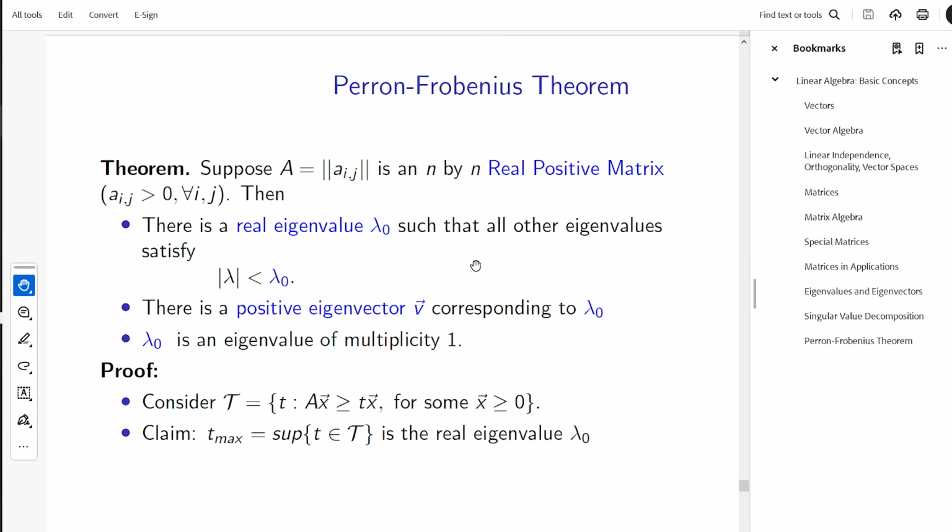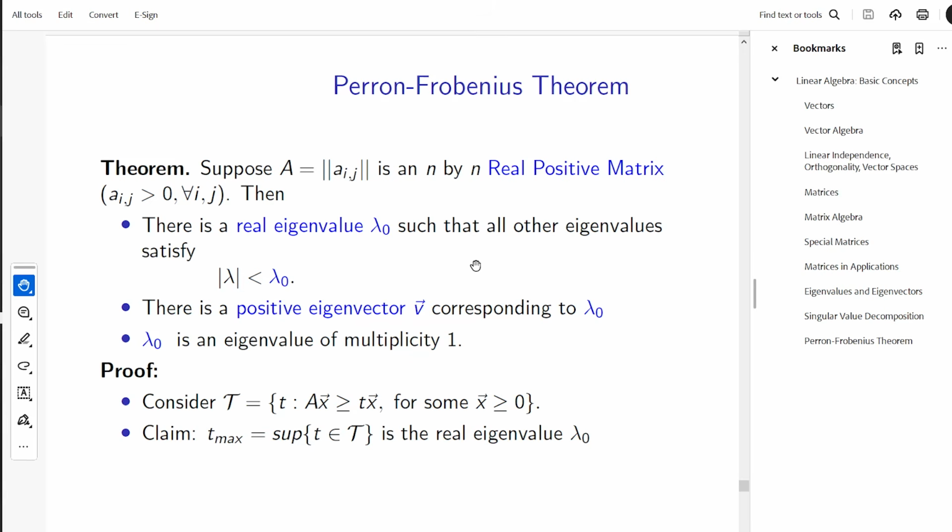With such matrices, the theorem states that there is a real eigenvalue lambda naught that is bigger in magnitude than any other eigenvalues. And corresponding to this eigenvalue lambda naught, we can define an eigenvector V which